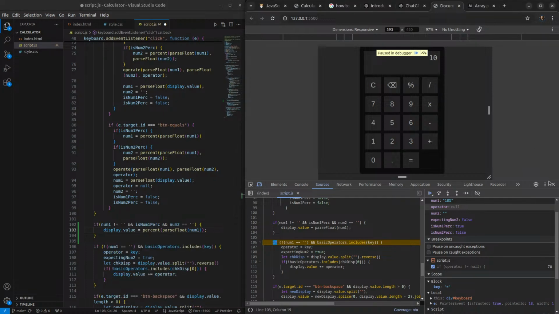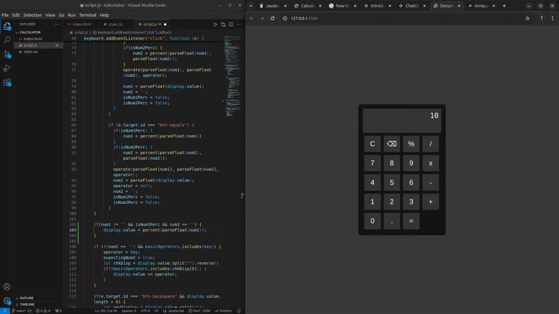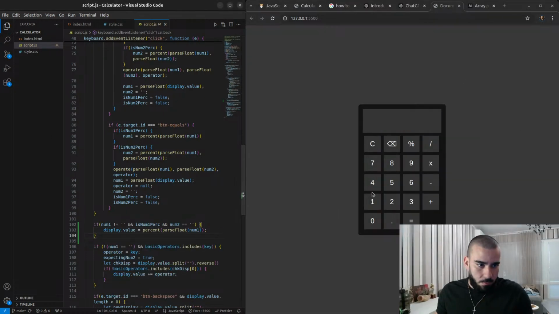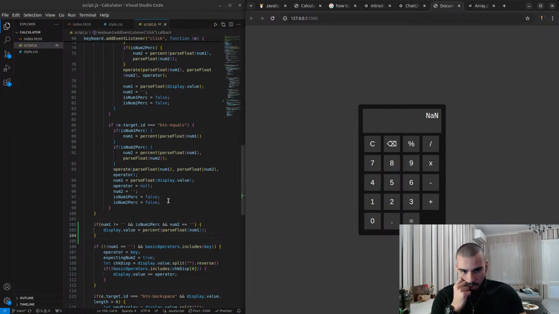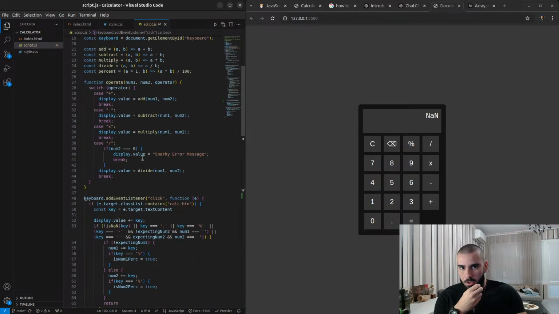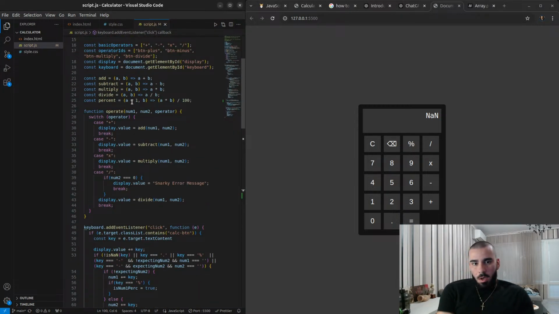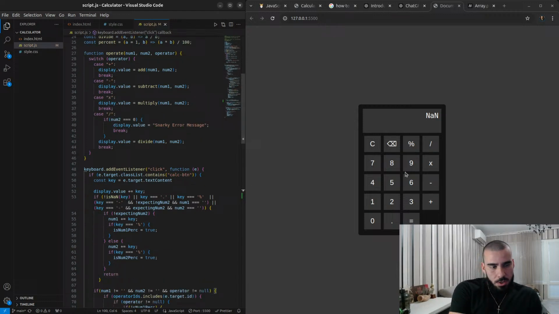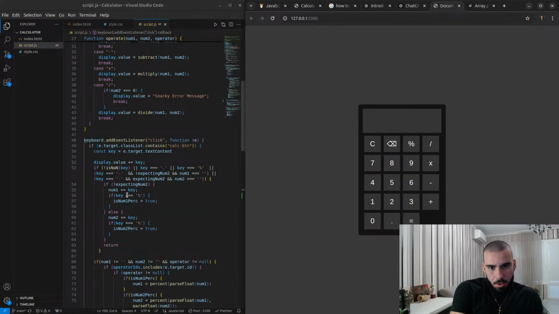Okay, let's remove the breakpoint and try again. Save it. So 10% is not a number. This is because we're taking the percent as well with the number, and we're trying to do calculation on A is 1 and B is 10%, so 1 times 10%, which is interesting because